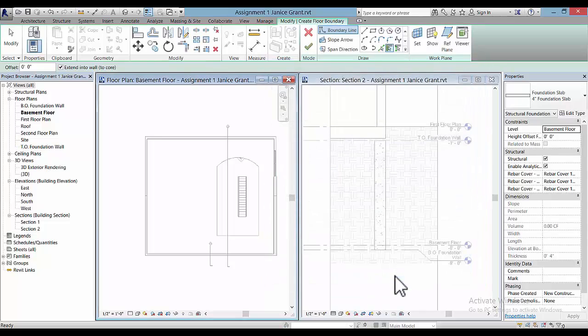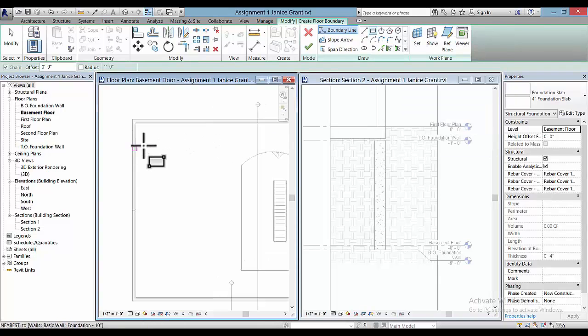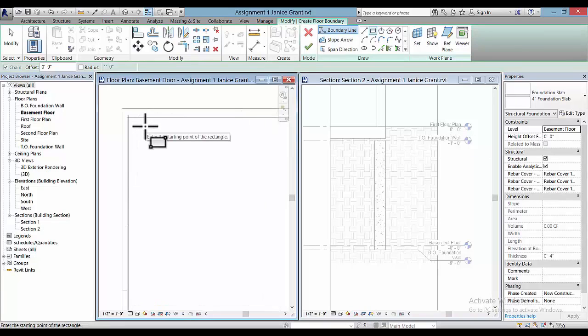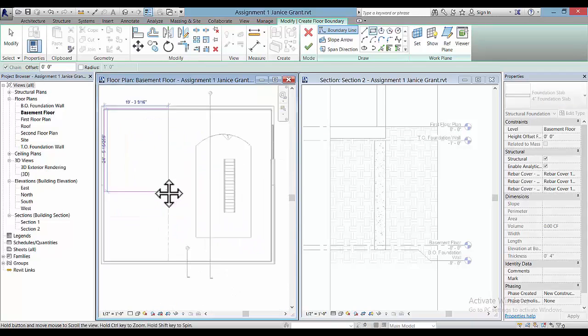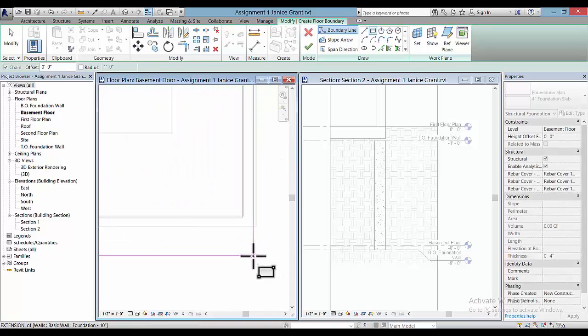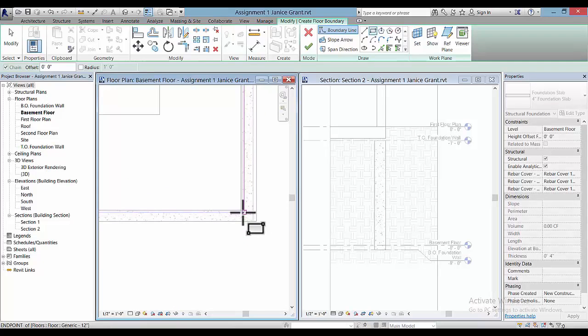And now I can pick OK, and I'm ready to create it just like I did my other floors. So one way is to create a rectangle. If I create a rectangle, I'll know that I can get to the inside corners of that foundation wall. So I'm going to click here, the inside corner of the foundation wall, and here,